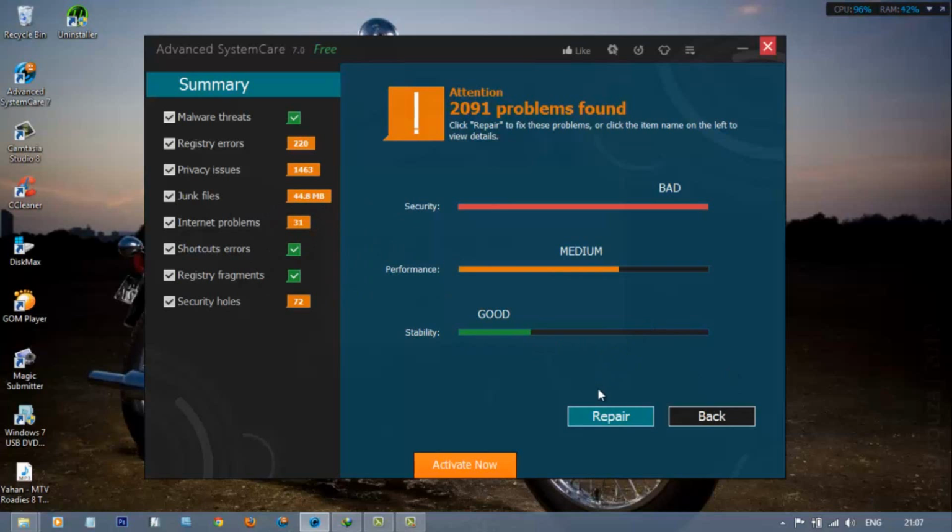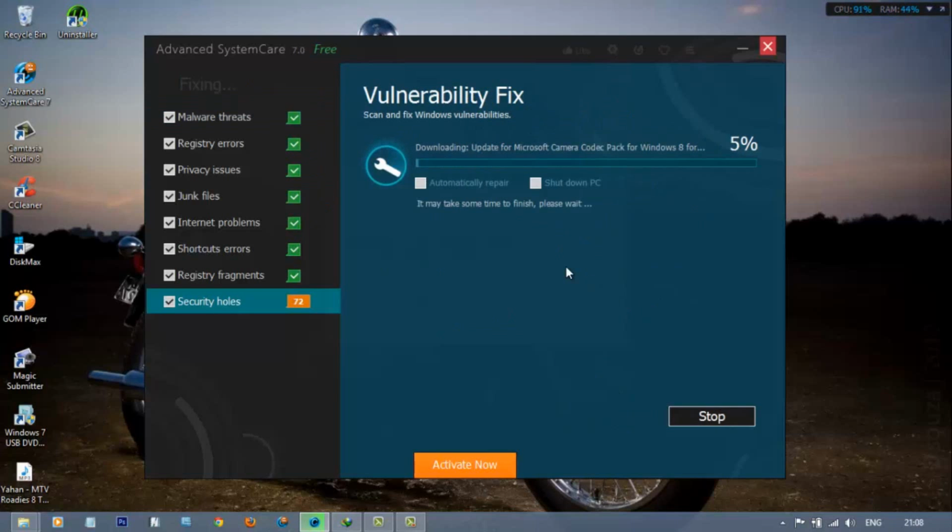So we'll begin with the repairing process. Just clicking on the repair button, all the 2091 problems will be fixed in a click. When it comes to examining the security holes, it also detects if you have updated your drivers, or there are some patches to be made, or something which is outdated and may cause a security issue.